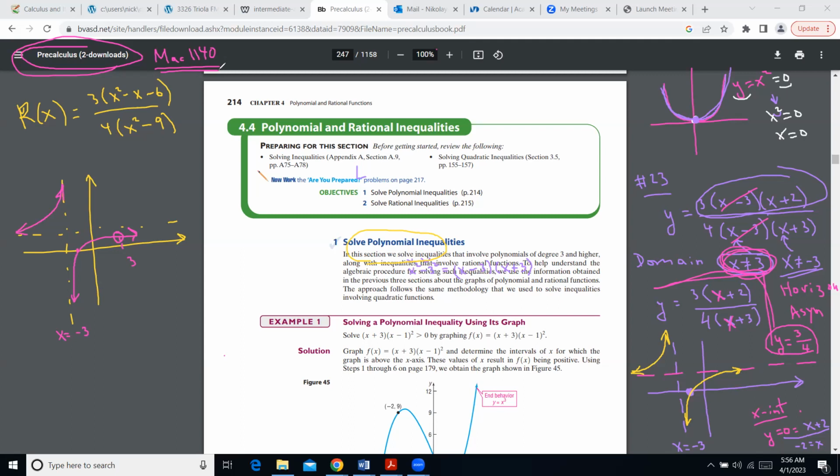And those sections that I'm skipping, like right now I moved to 4.4, and what we did was section 4.2. So what I did, I skipped section 4.3. So all of these missing sections will actually be covered in Mac 1140,